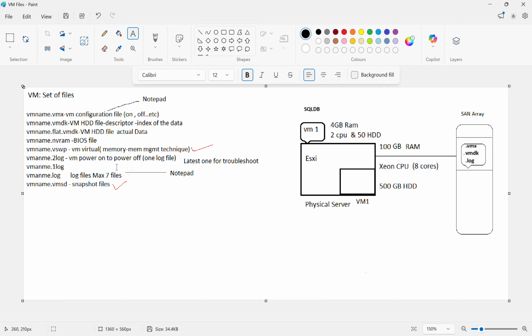Errors related to the virtual machine's operation. Administrators use these logs for troubleshooting boot issues, migrations, and performance problems. So this log file